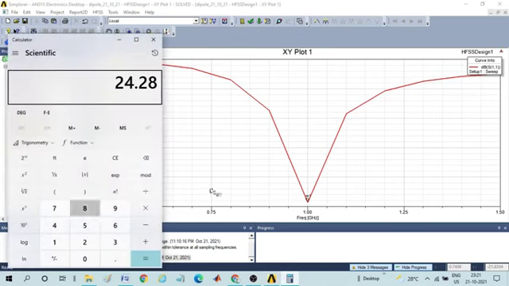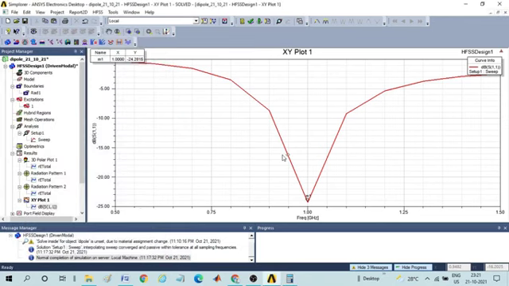So 24.28 divided by 1.414 is 17.17. So somewhere here you will get it. Along the x-axis you can have approximately this. The subtraction of these two values will give the band of frequencies over which it is able to perform better.